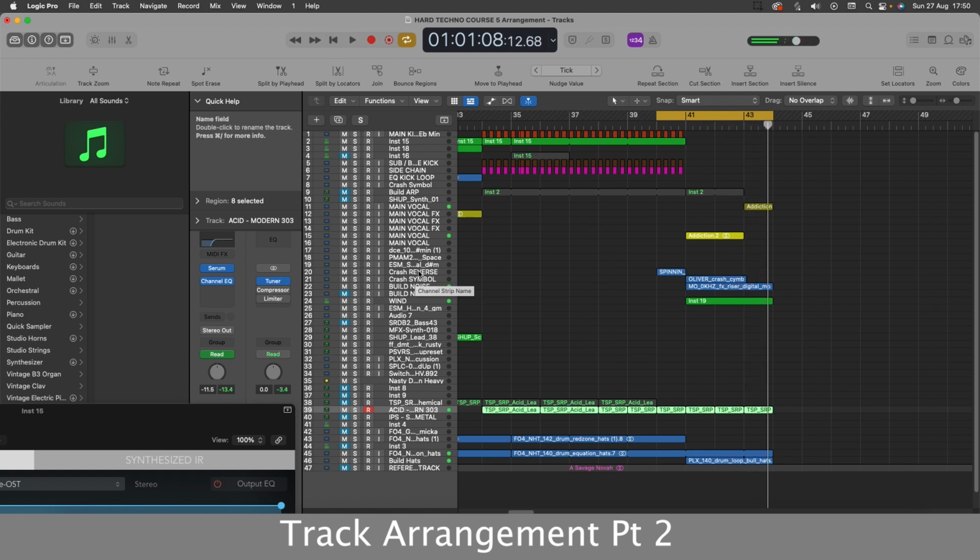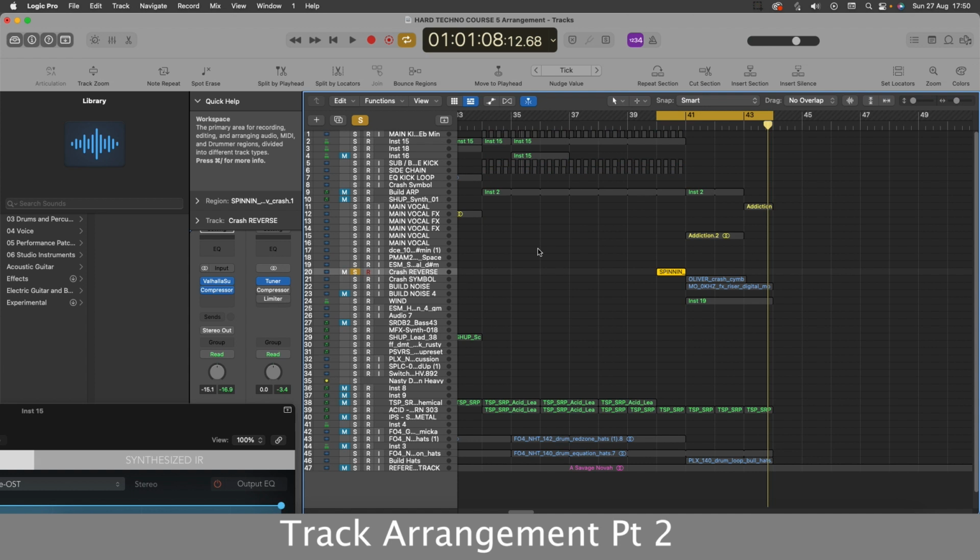And as you can hear there, I've got the build-up sound, which is this, which is just a sample off of Splice. Then it goes into the actual vocal effects there, which have effects applied to them. Then I've got a crash sound here,